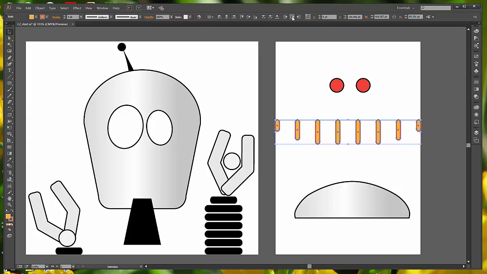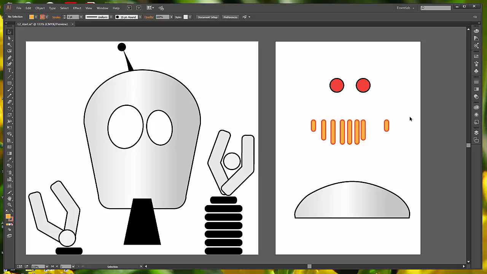And that spread it way out. We don't want that. So we're going to undo, go to Edit, Undo Align, and I'm going to deselect. So now let's zoom in,